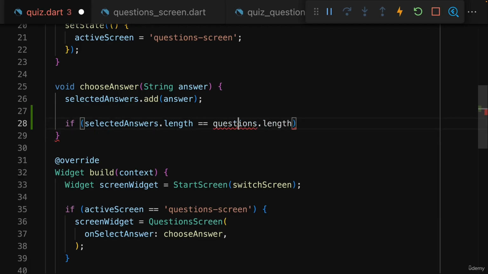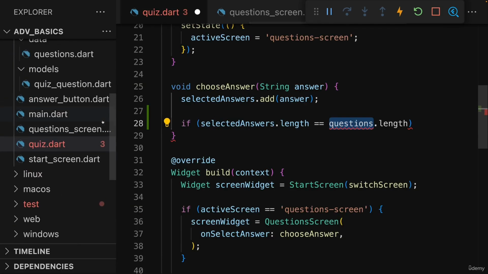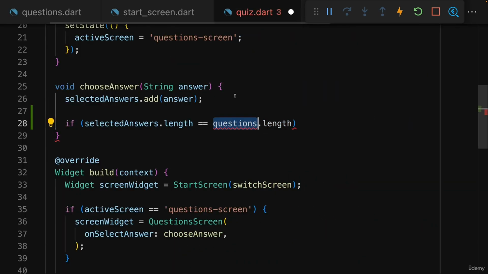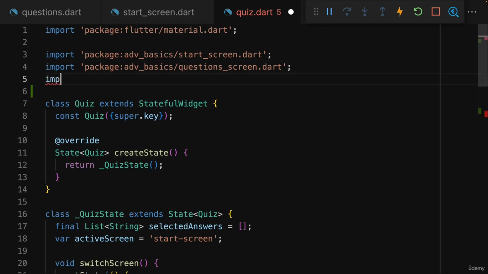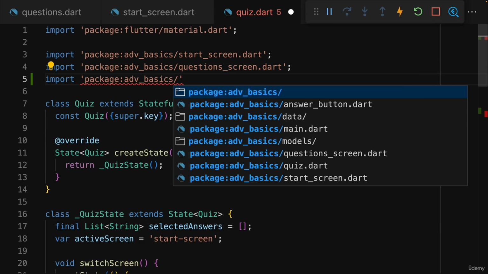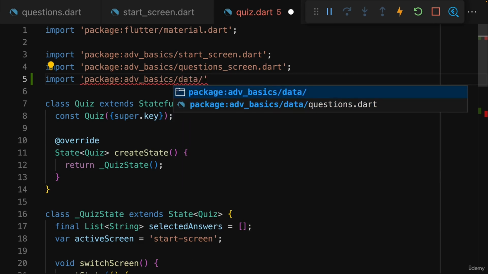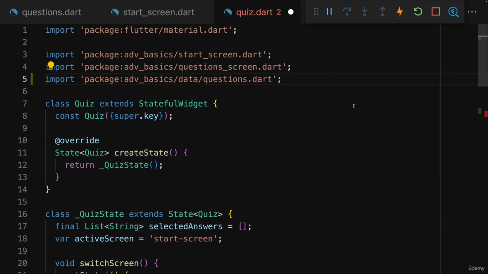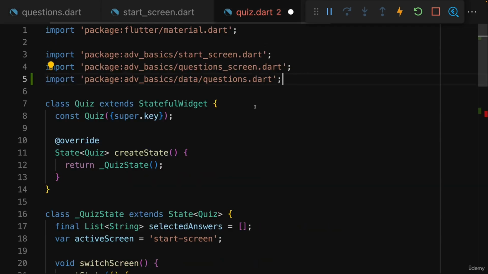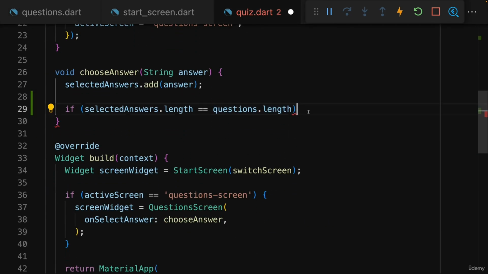Now for this, we must make sure that the questions defined in this questions.dart file are available in this quiz.dart file, and that's of course done by importing them. By importing from package advanced basics, and then there from the data folder, and there from questions.dart. With that, we import this list of questions from that file,